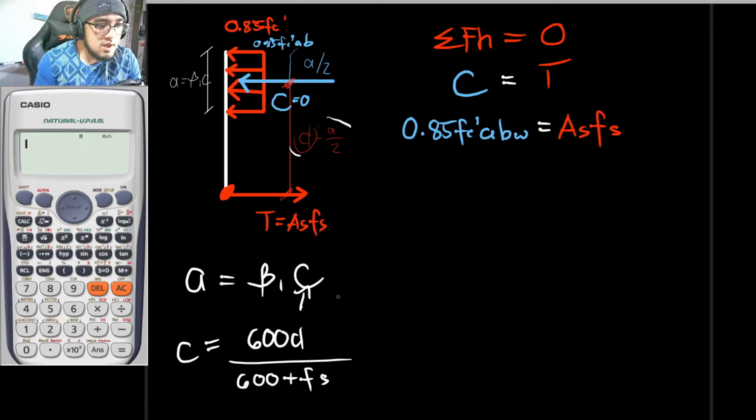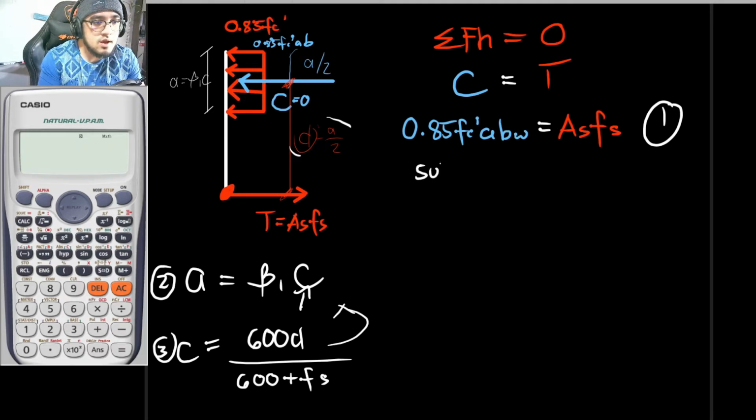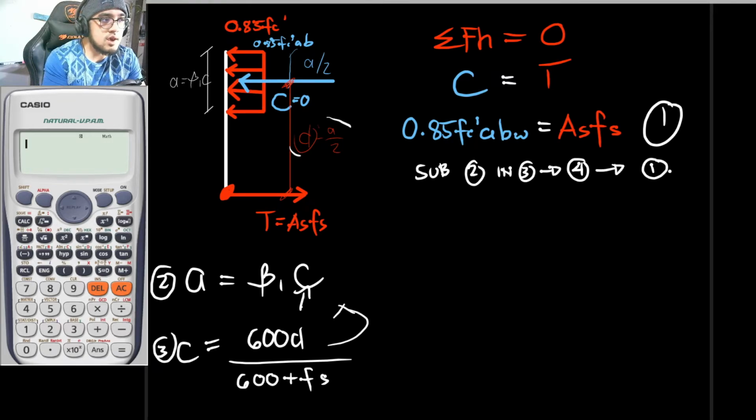So substituting both of these equations into this particular equation, let's say that this is equation number 1, equation number 2, and equation number 3. So substituting 2 in 3 to arrive at an equation 4, and substituting equation 4 in equation number 1, this is now equal to